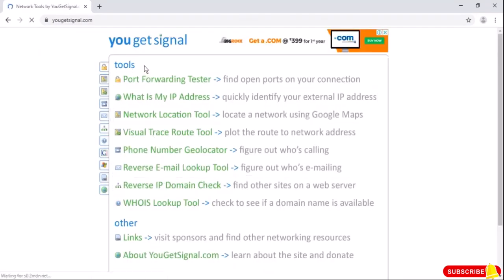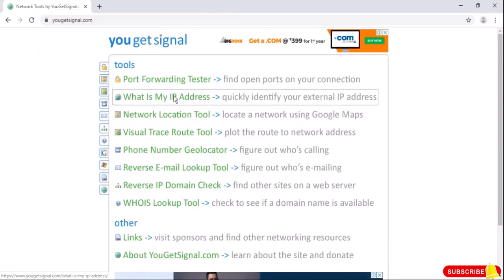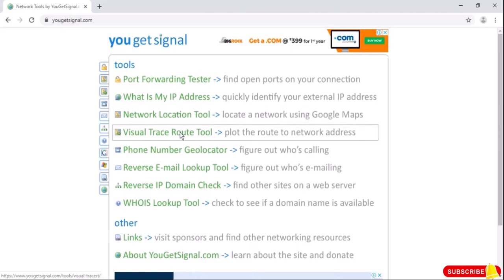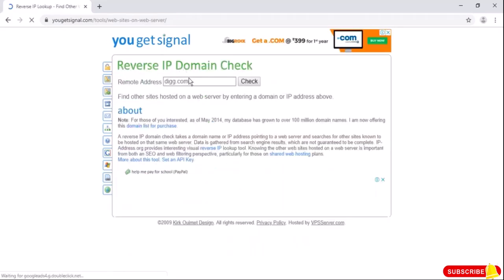Here you will find many different options. This website will also help you to find open ports of your connection. You can also find out your IP address, and other tools like location, trace route, and email lookup, to figure out who's emailing you. The option which we are interested in is reverse IP domain check, to find other websites on a web server. So let's open this link and type our target website URL, which is